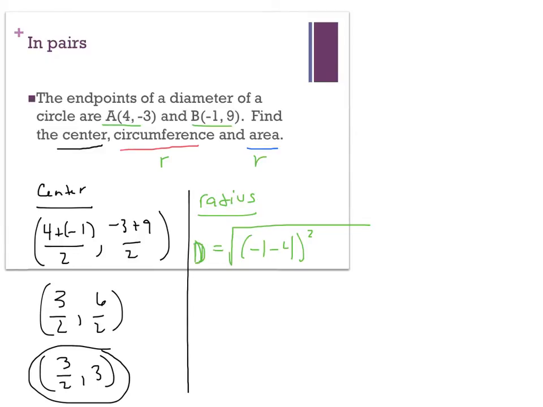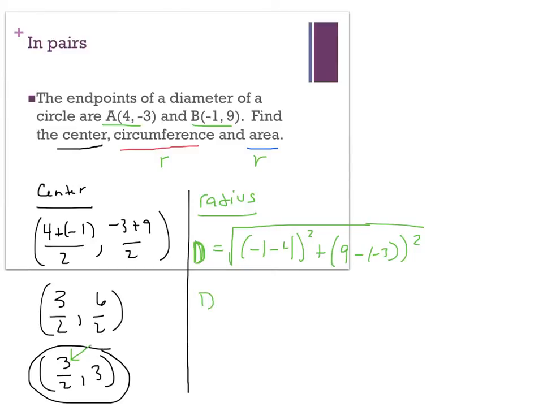Okay? But I need to make sure that I know I'm dividing this by 2. The reason I'm finding the diameter first is because I don't want to put this fraction underneath that square root. It's going to be a mess. So I don't want to deal with the fraction. I'm going to add that to y2 minus y1,